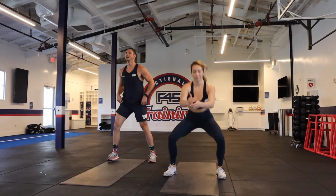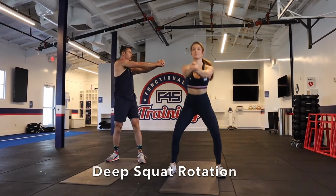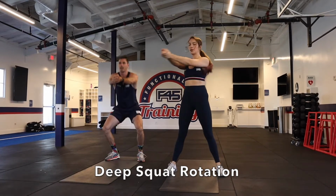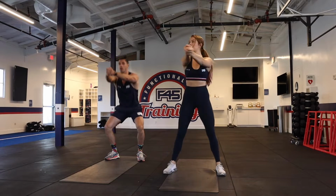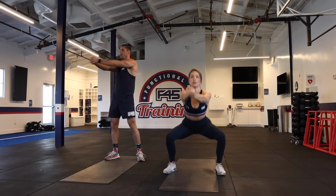2, 1. Deep squat with a T-spine rotation. Sink down into those heels, drive those knees out. Rotate that spine, have those eyes track that movement. 3, 2,